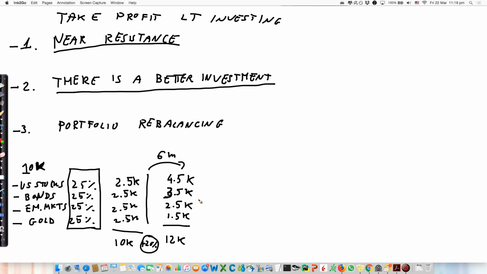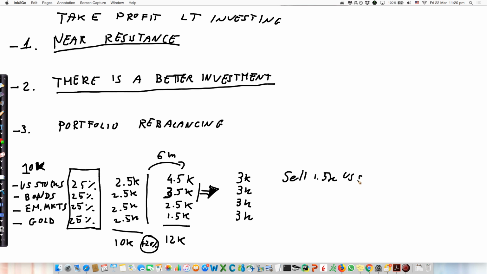So what do you have to do? Well, you have to convert this portfolio that you have now in another portfolio where you have again an equal allocation. So 25% of 12k is 3k. So you need to have 3k, 3k, 3k, and 3k, right? You want to have the same proportion here. Now, what does it mean? It means that you have to sell